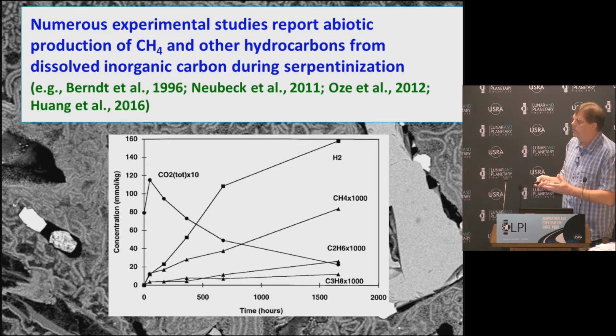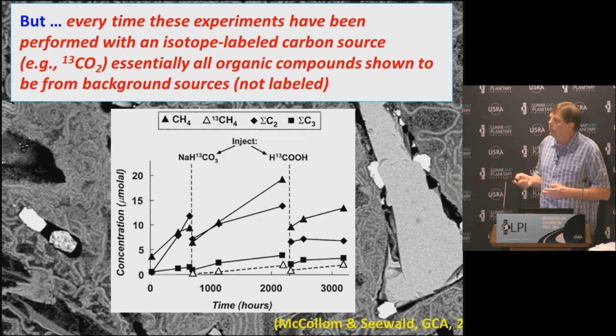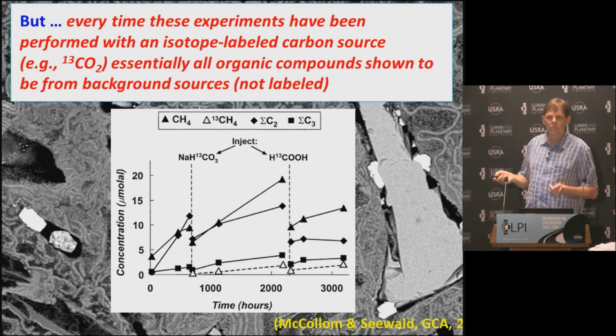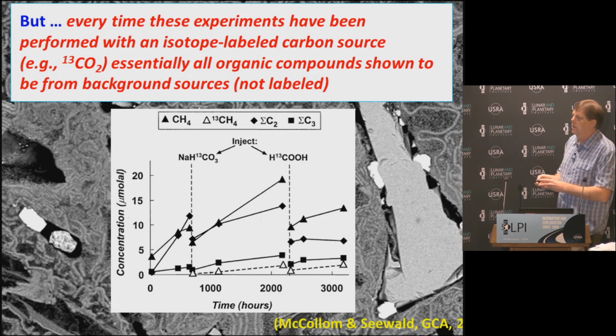reduction of dissolved CO2. The problem is, whenever these experiments are done with a C13 labeled carbon source, that allows you to trace where the carbon is coming from, most of this carbon, these organic compounds, comes from background sources rather than reduction of dissolved CO2. So here's an experiment that I did back in 2001 with Jeff Seewald, where it duplicates essentially Burnt's experiments, only with a labeled CO2 source, and only a small amount of methane and none of these other hydrocarbons comes out